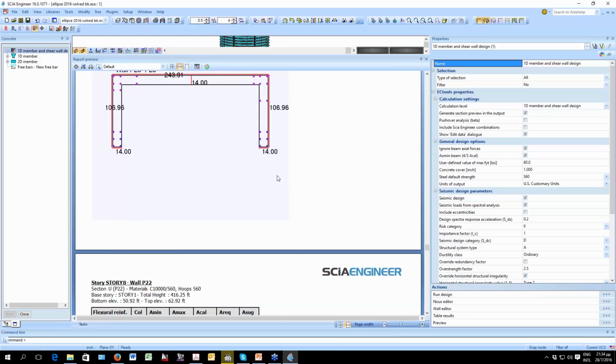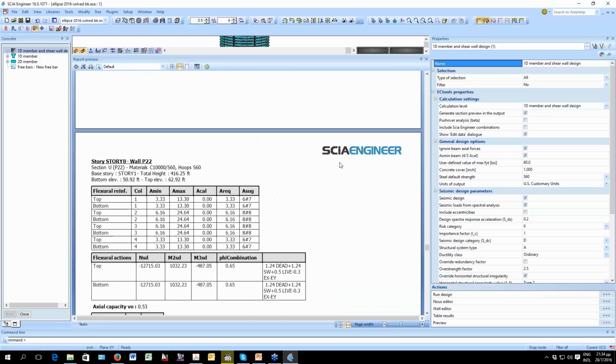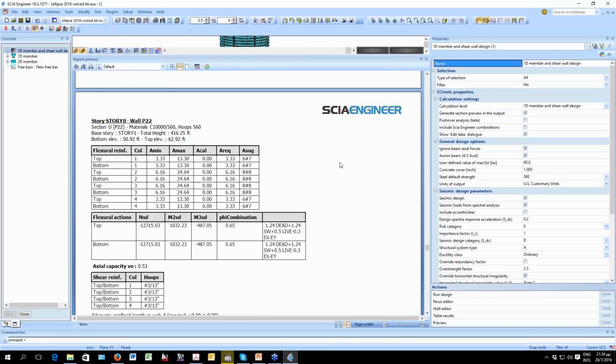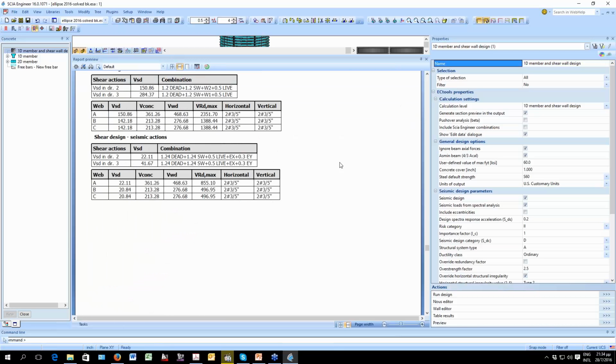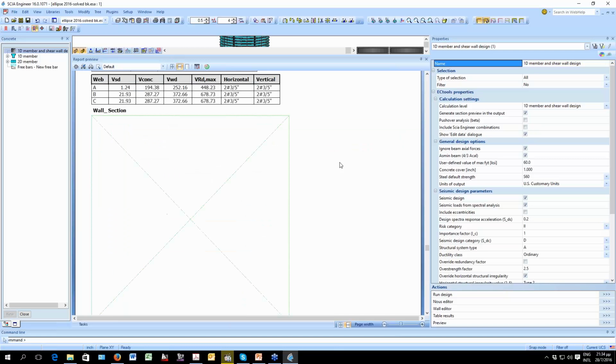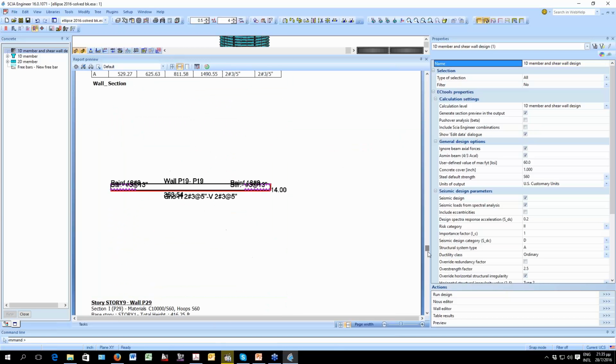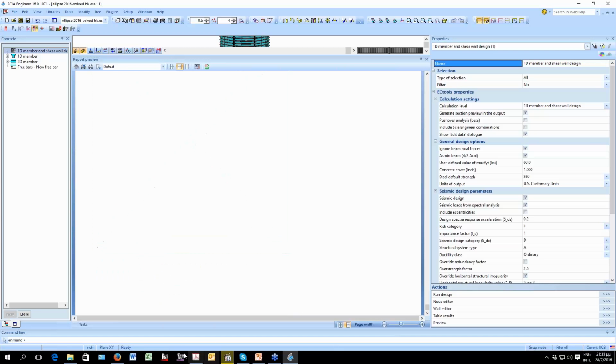This is a C-shaped wall, the same thing. The edge elements, the shear friction test checks, and more or less this is the report. Apart from, added to that,